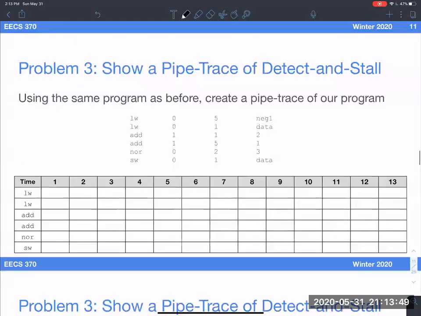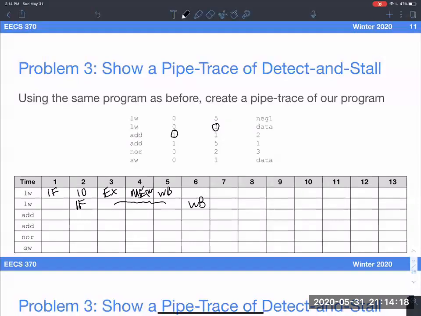Now for problem 3, I'm going to show a pipe trace of detect and stall. For the first command, we have our IF stage, then our ID stage, our execute stage, our memory stage, and our write back. Now for LW 0 1, since there's no dependencies, it's going to be the exact same thing: IF and write back. Now remember, this add was dependent on